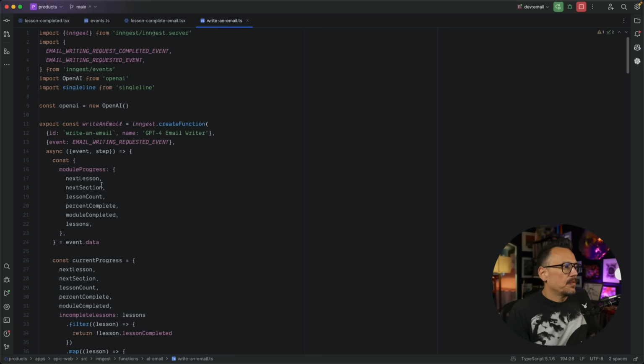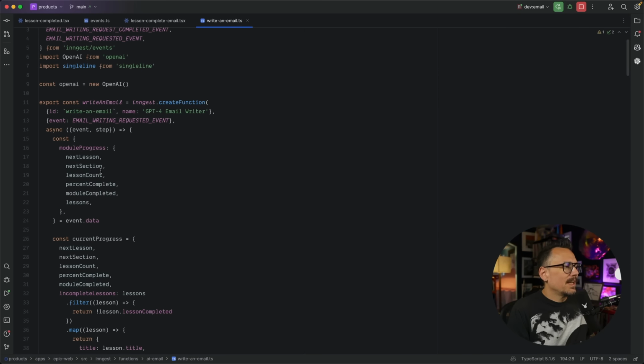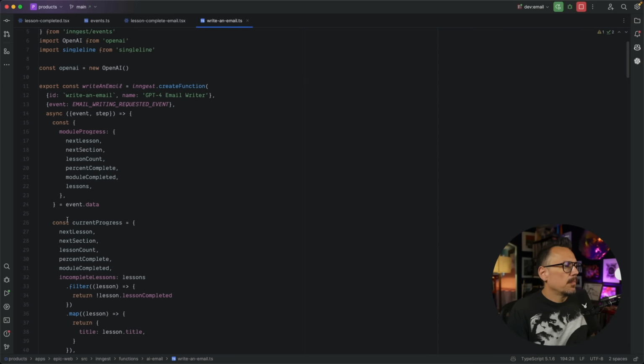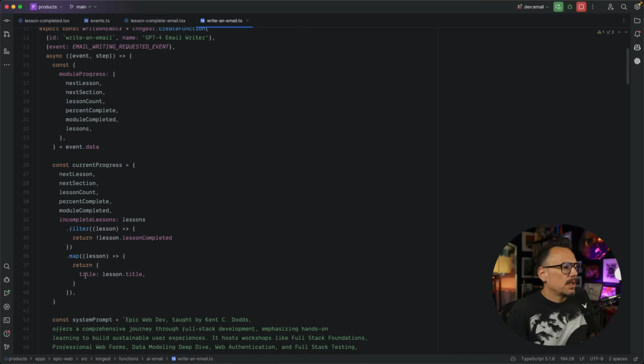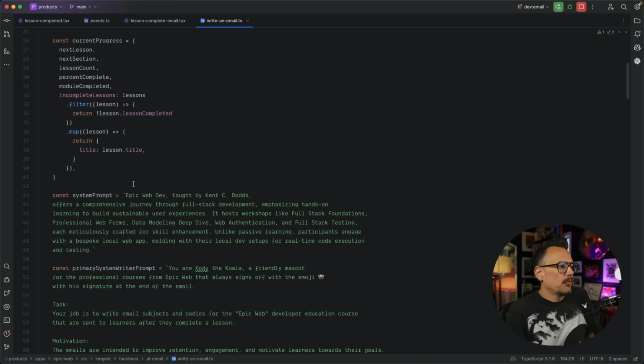In this case, we sent some progress along because we want to take that progress data and use that as input for our prompt. So we break that apart and build some structured data because you pay by the token when you send to OpenAI's APIs. So we're just trying to reduce that a little bit. And we do that by just parsing the data. So we get that data in, we parse it, we put it in a structured format, and then we write a system prompt.